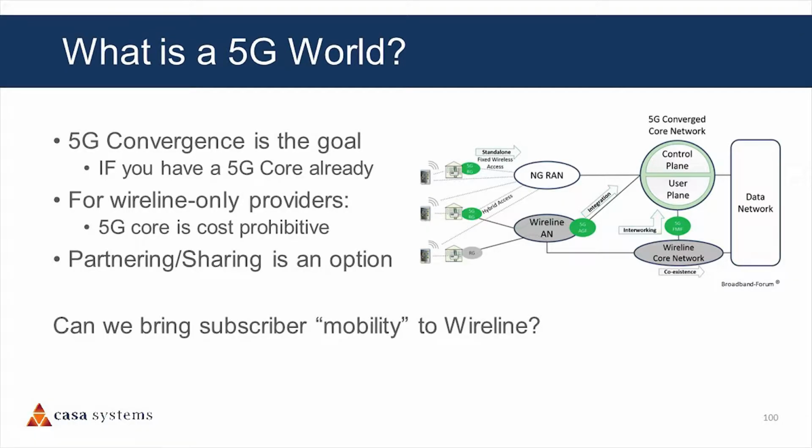So in a 5G converged world, this is the magic picture we've all seen a million times before of 5G convergence, right? But the difficulty with it is, it works wonderfully if you're a vendor that has fixed line and mobile, because now you're converging your networks. You're lowering your operational expenses, you're making your world better. But what do you do if you don't have a mobile network? Convergence isn't the way to go. But by the same token, you don't want to remain in this fixed line environment of giving everyone services where they are. So people can partner, they can do all kinds of various options, but how do we bring this who to the wireline?